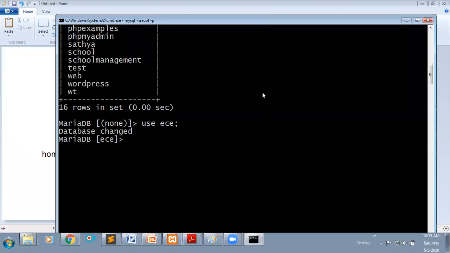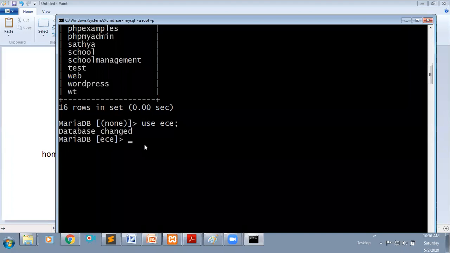See, after selecting your database, then you can create your table. For example, I'm going to create one table, that is the student table. The student table has some rows and columns like roll number, name and marks. These three columns I'm going to take.